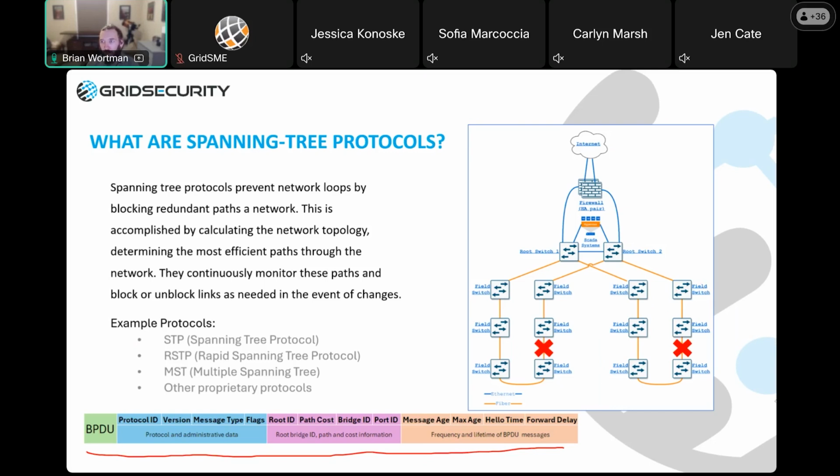When these changes do happen, it'll trigger what is called reconvergence. Think of it like this: we initially started with this link over here blocking, and somebody shuts down this switch over here. Well, unless that link comes back up, this switch over here is not going to be reachable. So spanning tree will detect that and then allow this link here to come back online.